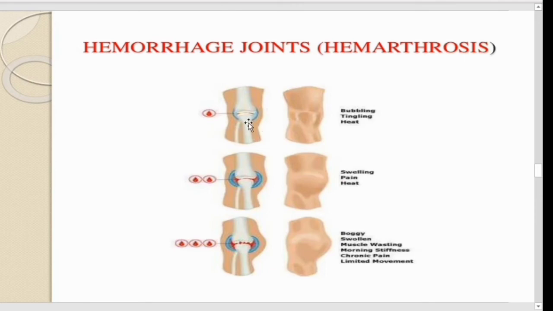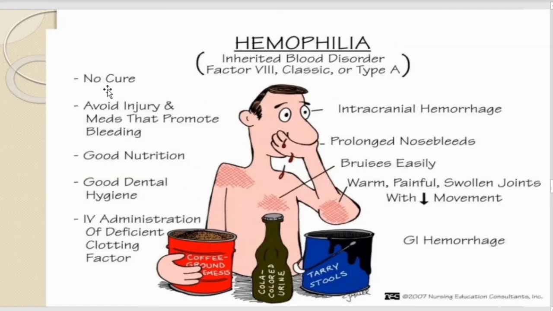So this is called hemarthrosis, when there is bleeding inside the joints, and due to bleeding the joints will be painful, and the joints will also swell up, and movement will be reduced. We know that hemophilia is an inherited disorder, so there is no complete cure of hemophilia, and we can avoid injury, and we can also avoid or reduce the intake of those drugs which cause bleeding, like aspirin and indomethacin,